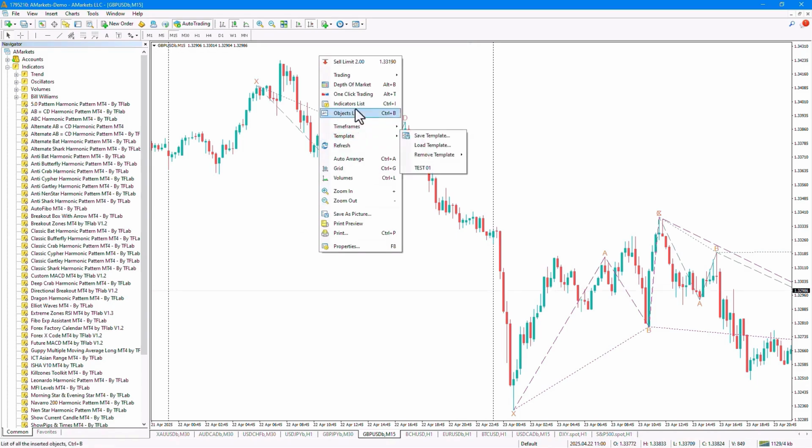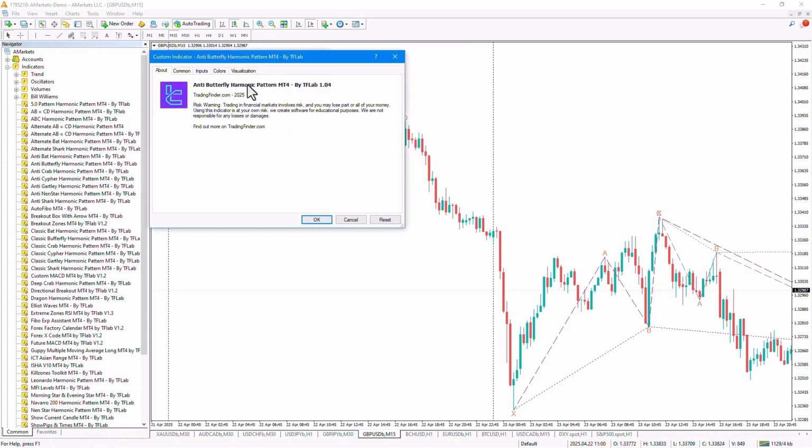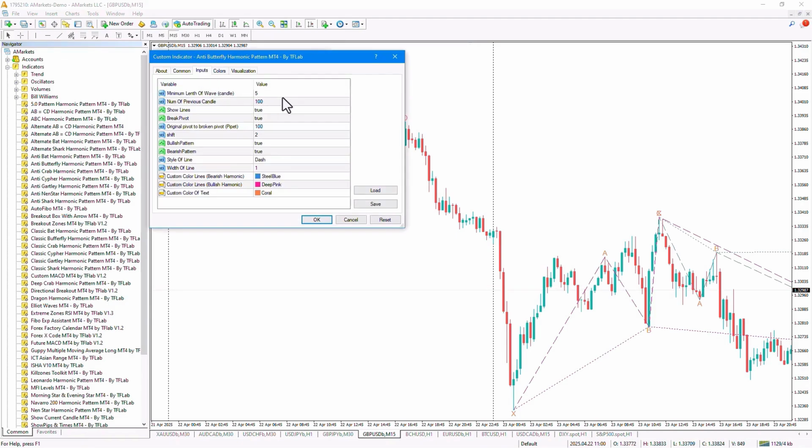In the settings section, under the Input tab, there are options available for us, and in the first part, we can simply set the minimum wavelength. Here it is set to 5 by default. This option is based on the zigzag indicator, which has 3 parameters: the first parameter, the second parameter, and the third parameter. Here we can adjust the first parameter, while the other 2 parameters are hard-coded as 3 and 3